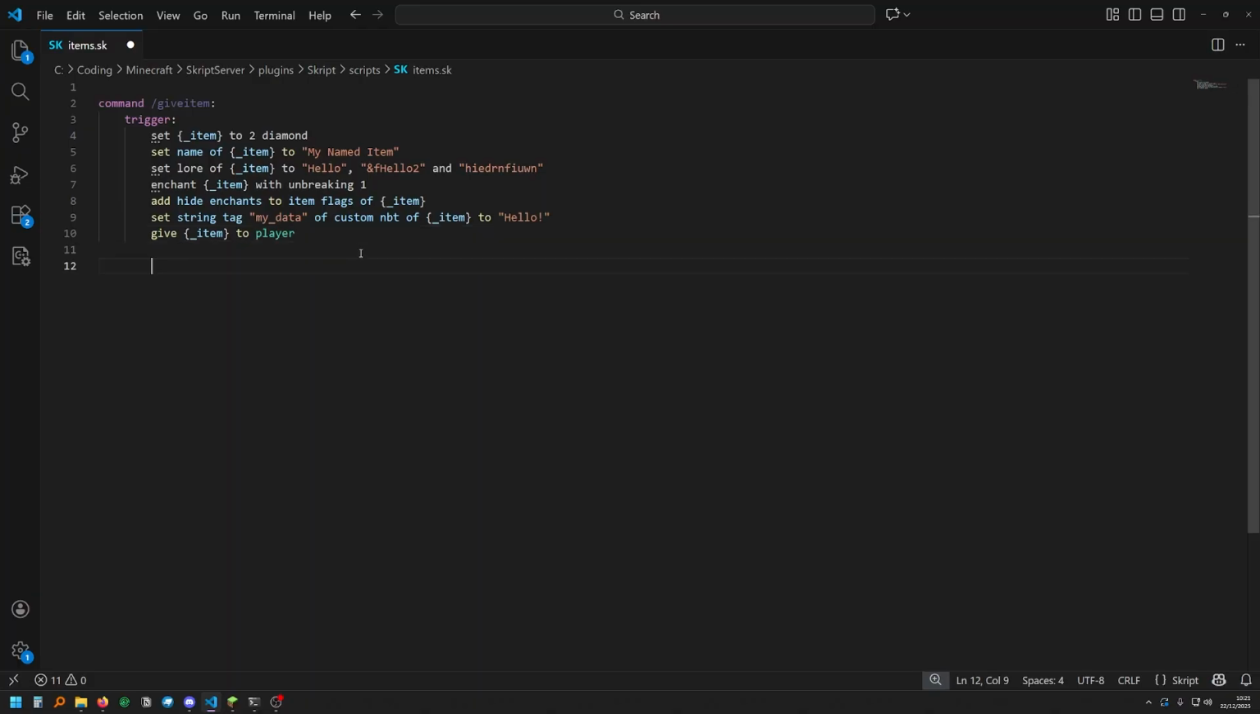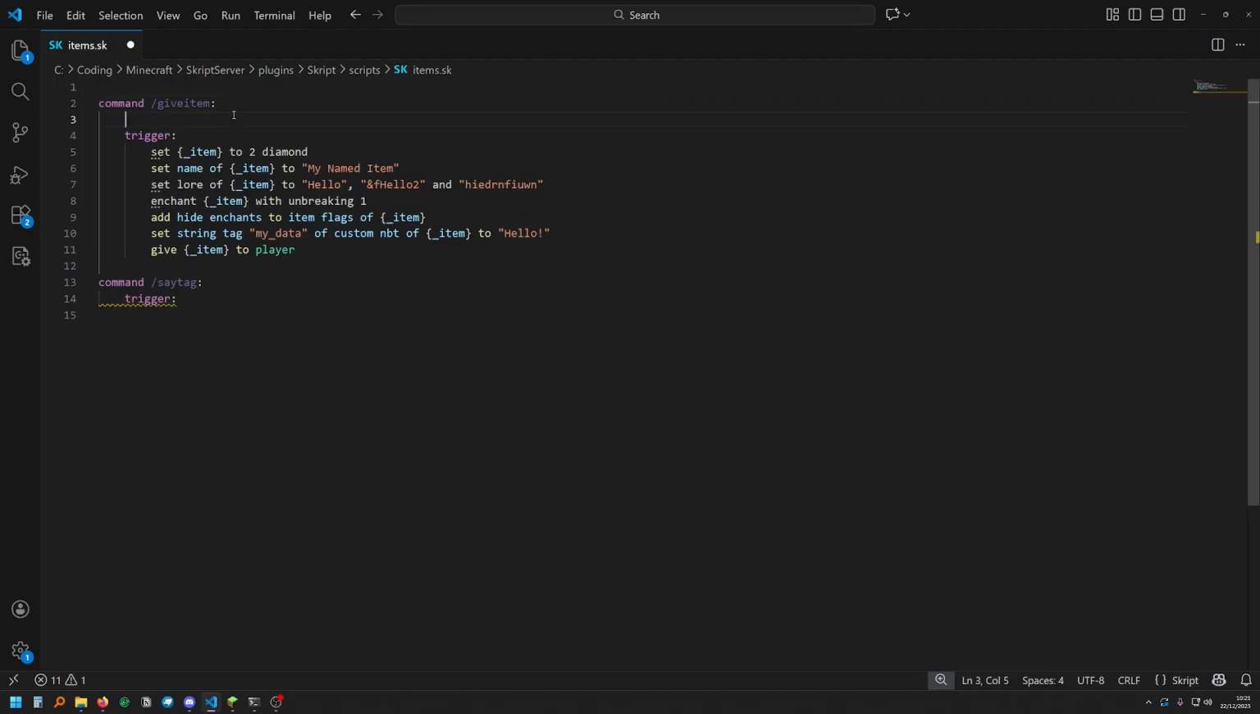And then let's add a command which says what this string tag contains. So say tag trigger. Also, just to say, if this is like your actual server, you should probably put permissions on these commands so that regular players can't use them. Yeah, so